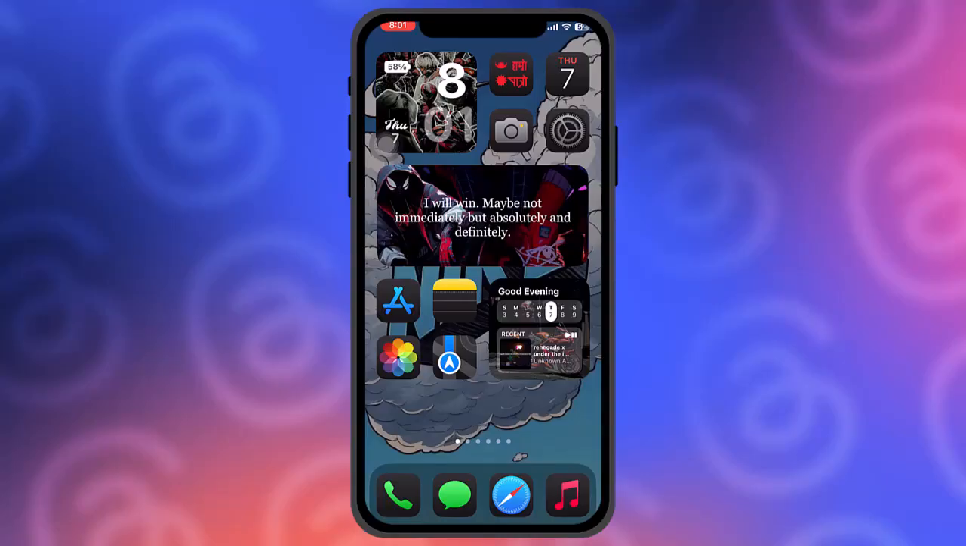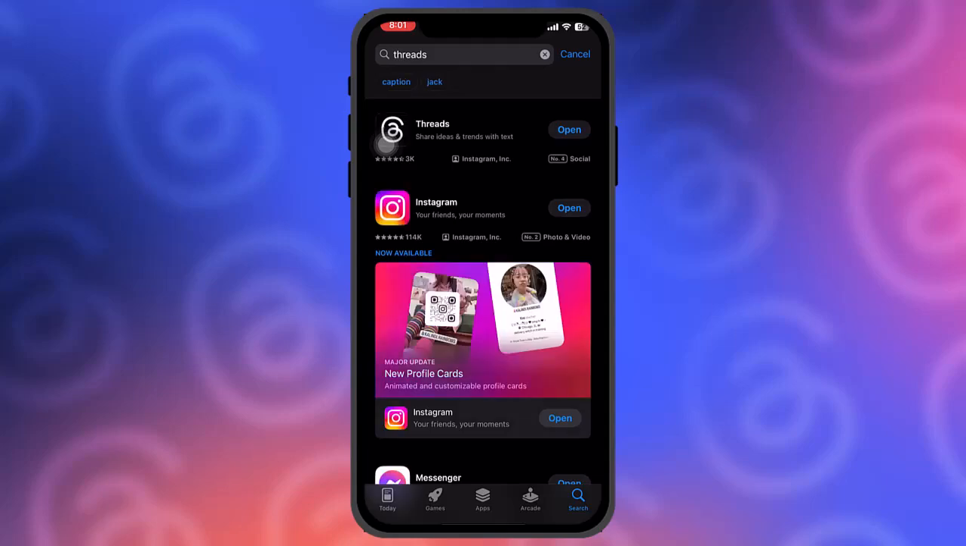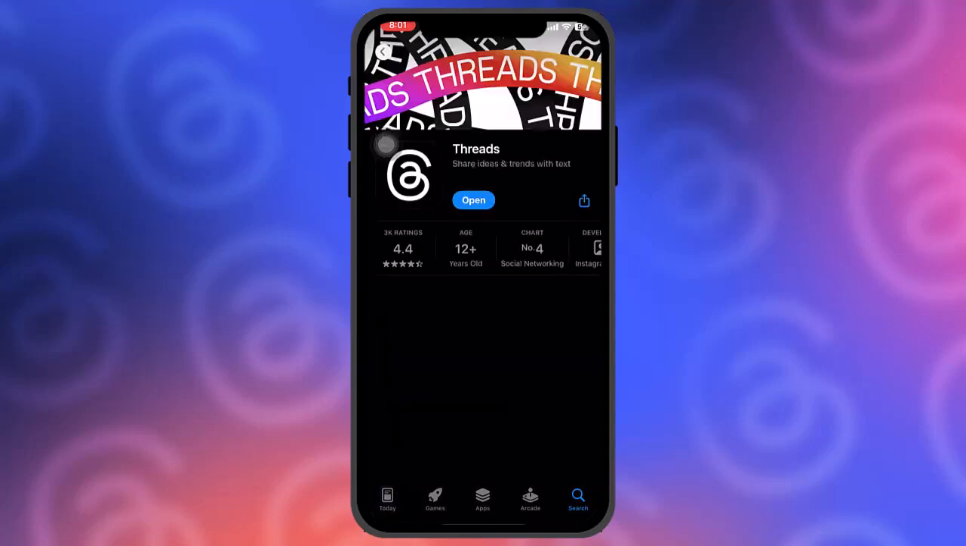So the first thing that you need to do is head over to your app store and then tap on the search icon on the bottom right corner of the screen and then type in Threads. Once you do that, tap on the app, and if you haven't downloaded the app, simply tap on the get or download option, and once it's downloaded, just simply open up your Threads